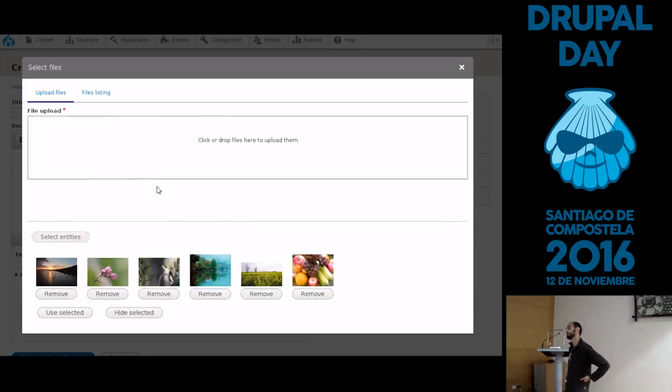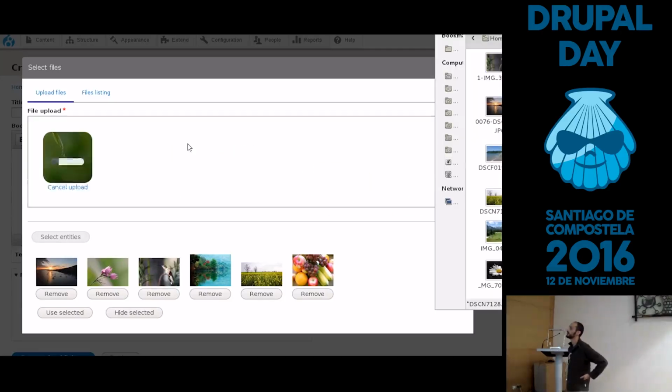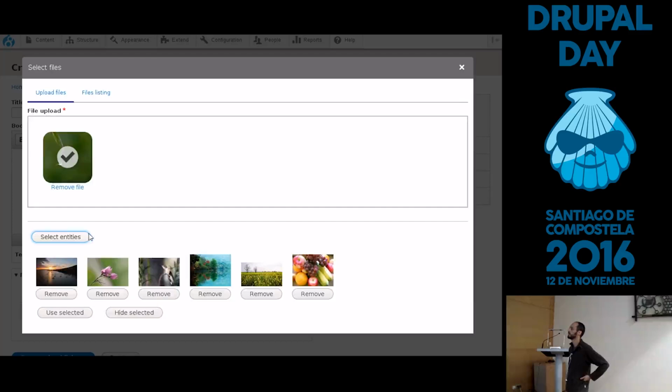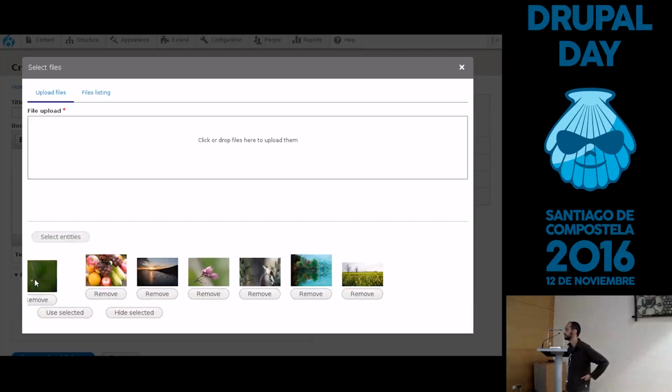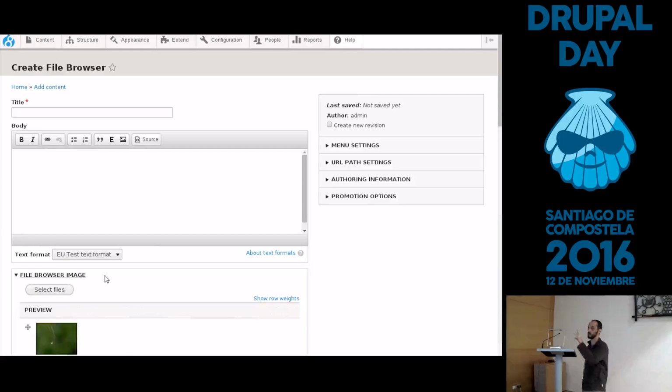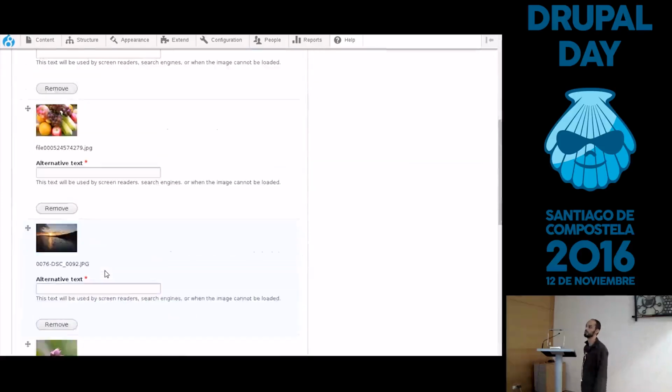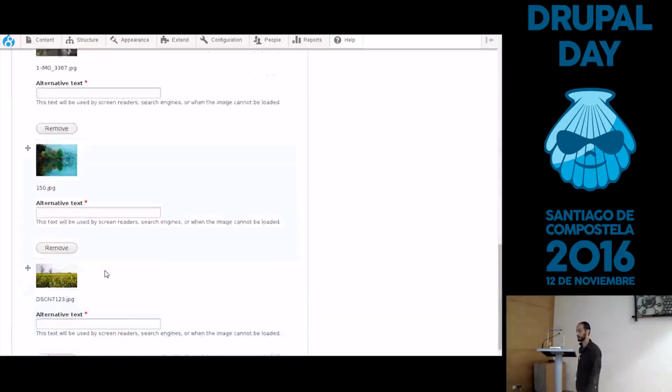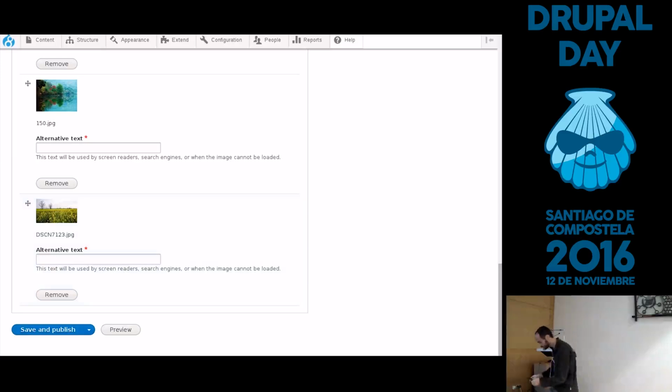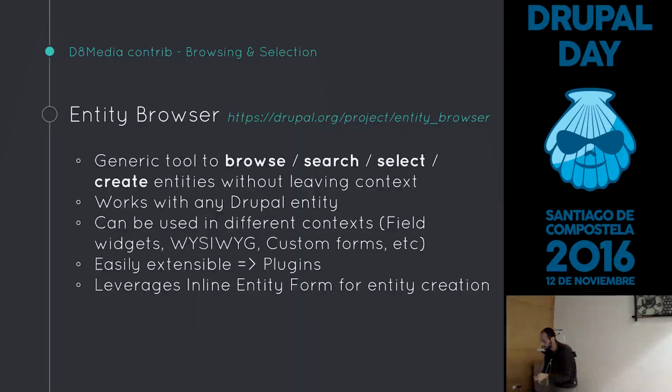Then I'm going to upload another one again because I forgot it the first time. And then I'm going to reorder it again. And when I click Use Selected, then the Entity Browser passes to the field widget all these values in the right order, and now it's just a normal field in Drupal. So that showed us